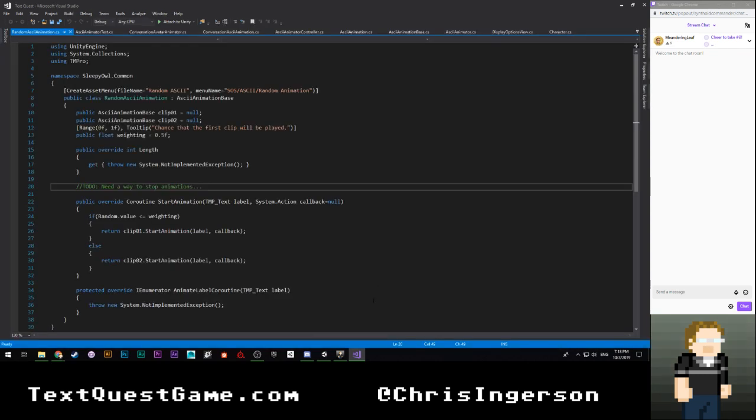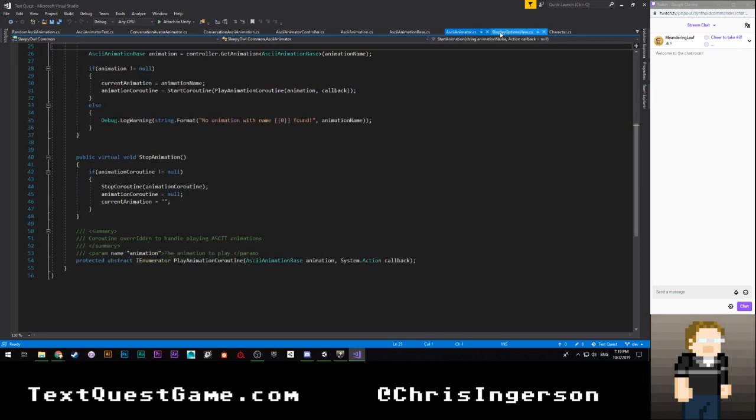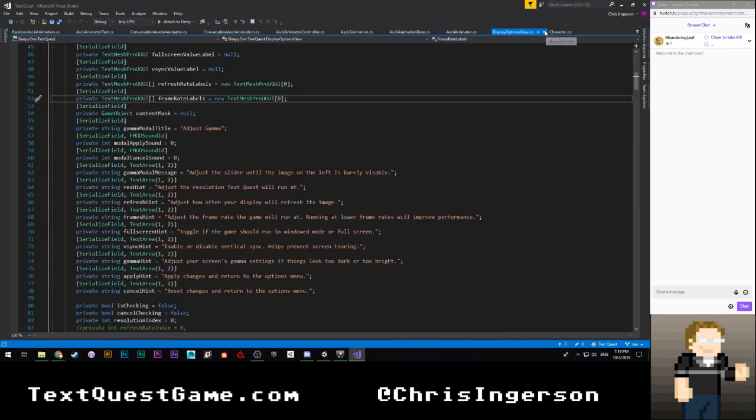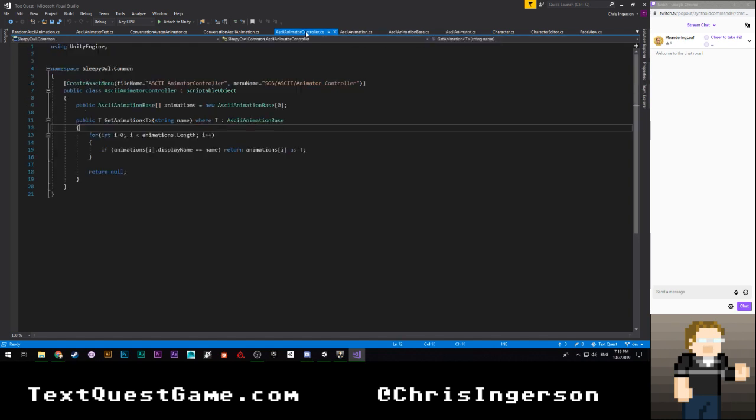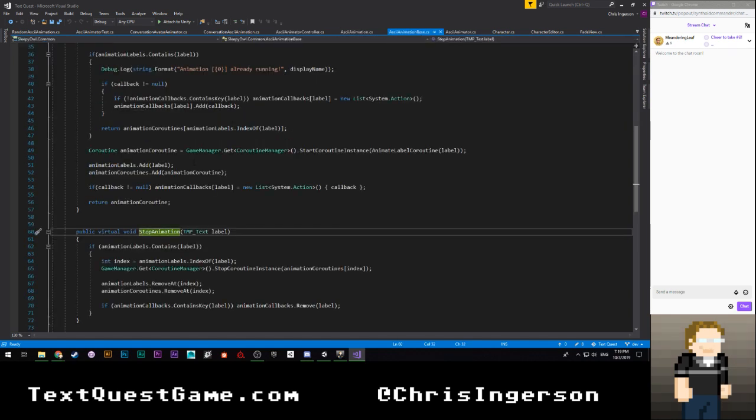Also, this is not a concern right now, but the animation system that we're building here relies on Coroutine Manager, which if we jump over here to ASCII animation base, you can see here that we use Coroutine Manager, which is just a utility class that I've written to allow non-mono behavior classes to launch coroutines.